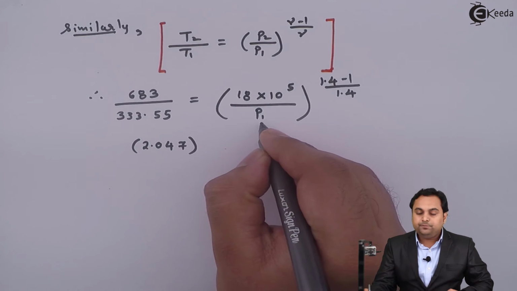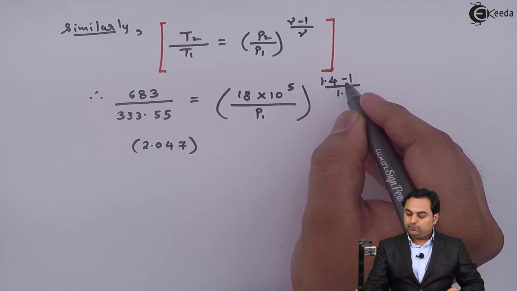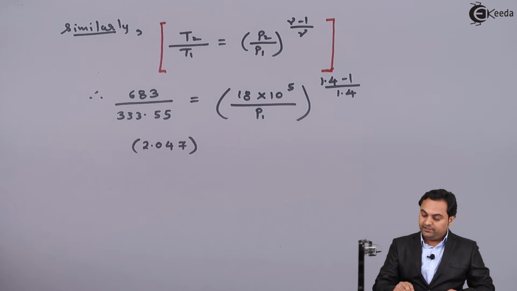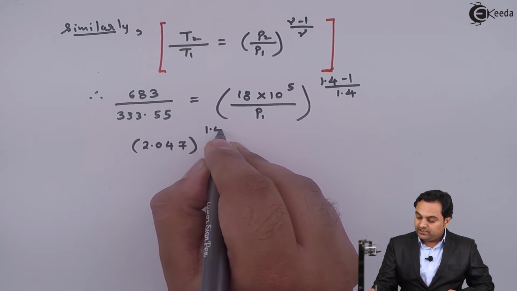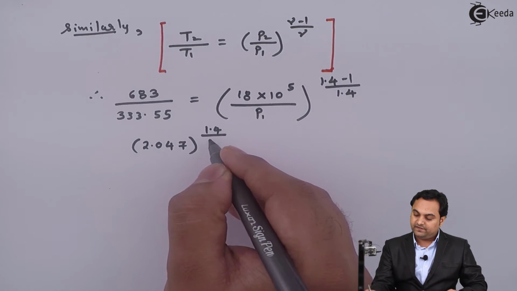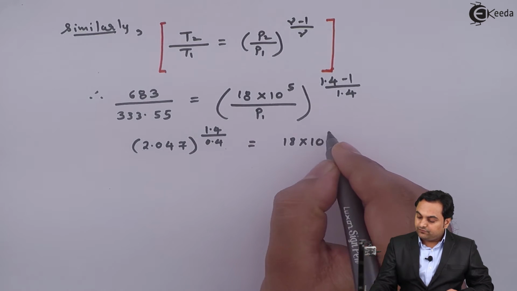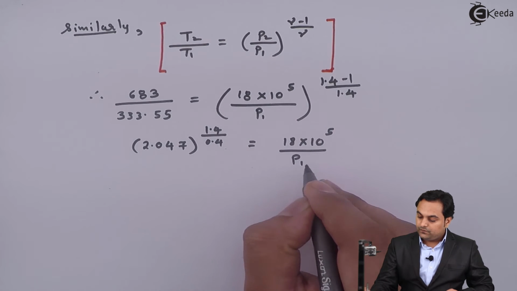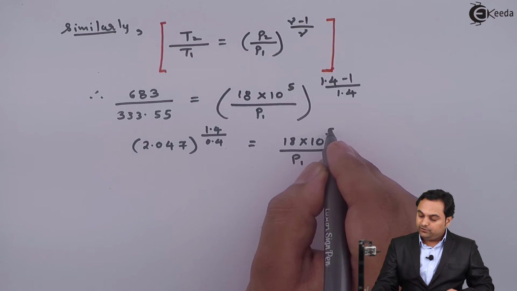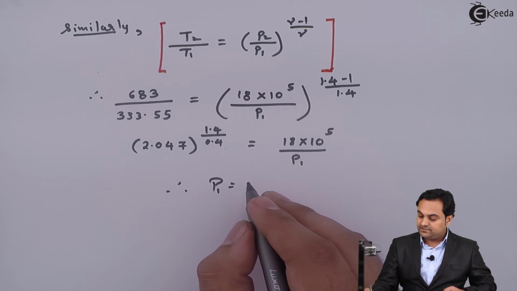Now I want the P1 value here, so I'll shift this term onto the other side. When 1.4 minus 1, which is 0.4, divided by 1.4 comes onto the other side, it will be reciprocal. So 1.4, which is the denominator here, will become the numerator on the left hand side, divided by 0.4, and that is equal to 18 into 10 raised to 5 divided by P1. Once I calculate this term, I'll send it into the denominator. So 18 into 10 raised to 5 will be divided by this answer, and when I calculate, I'll get P1 as